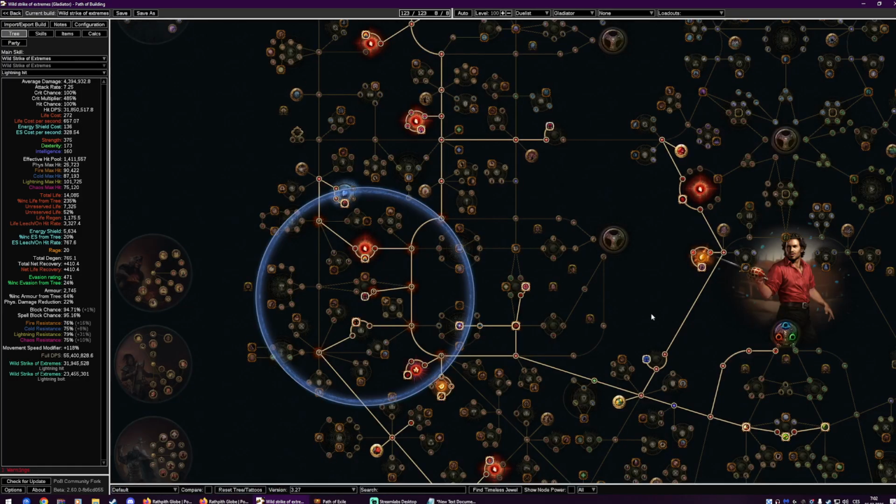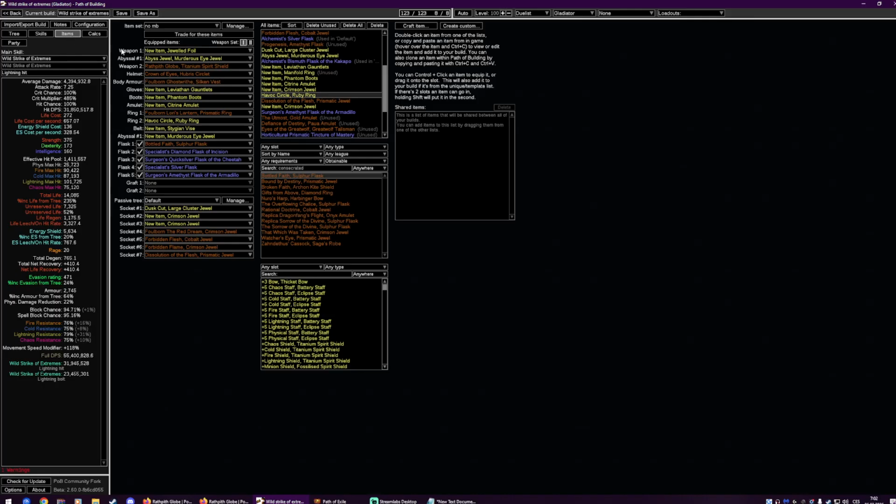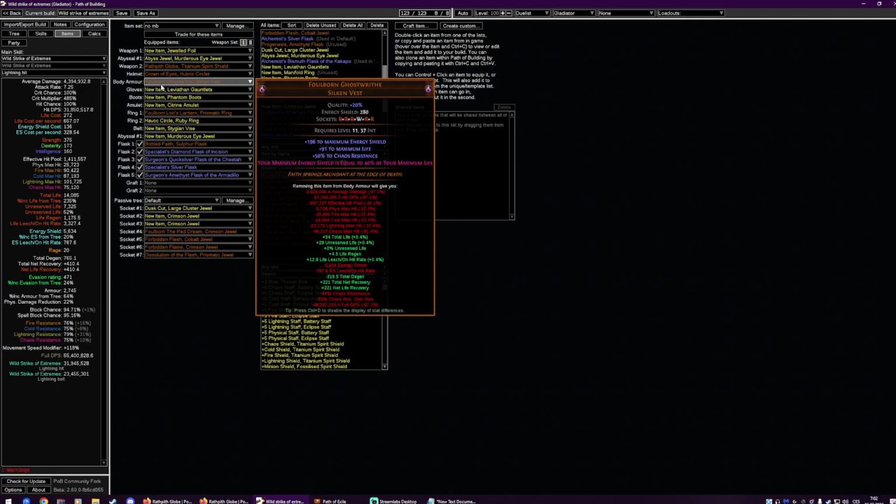Let's talk about the life stacking. And why do I have 5.6k energy shield and 14k life? That is because we are using a Foulborn Ghost Ride. This league, they kind of nerfed it from 50% to 40%, but it doesn't matter, it's still really strong in my opinion. This means that you cannot increase your maximum